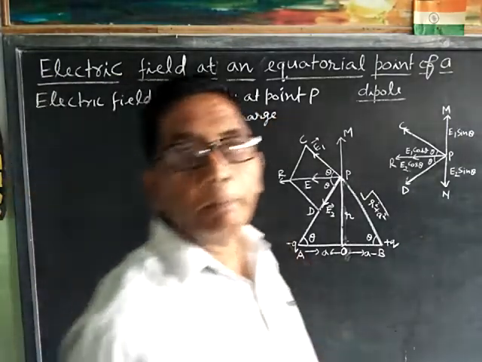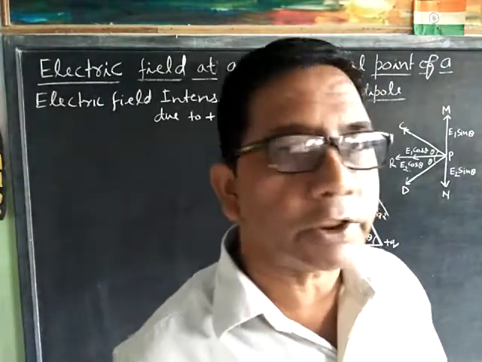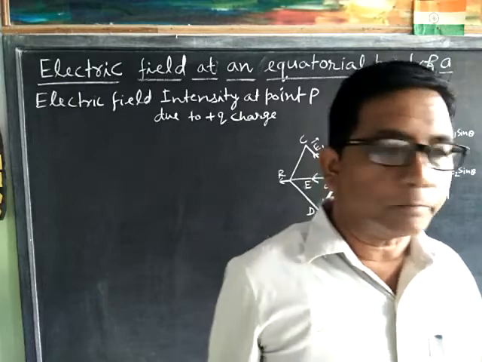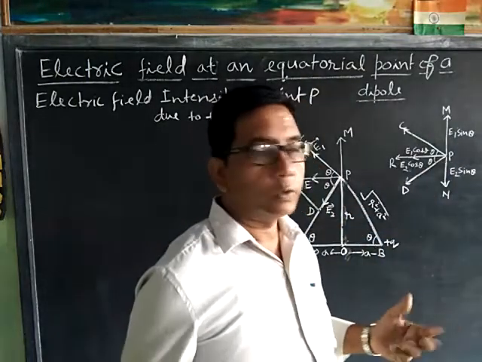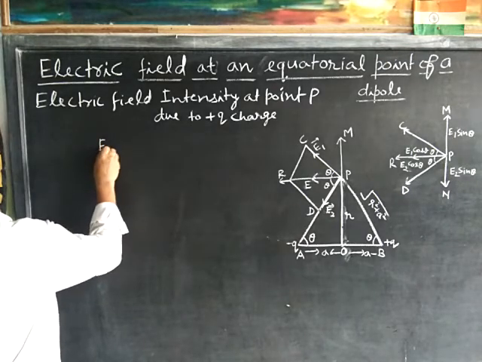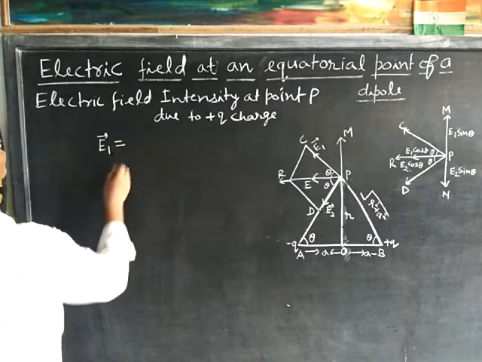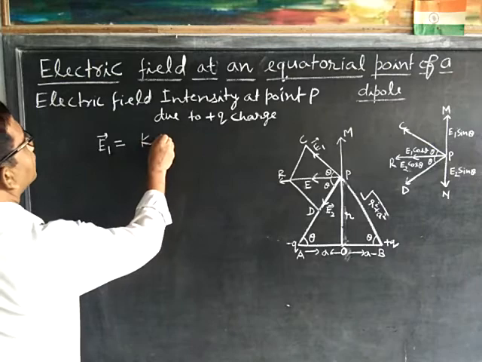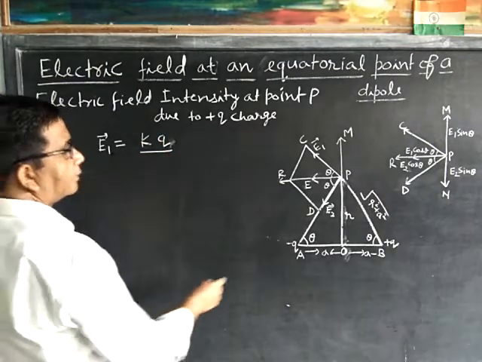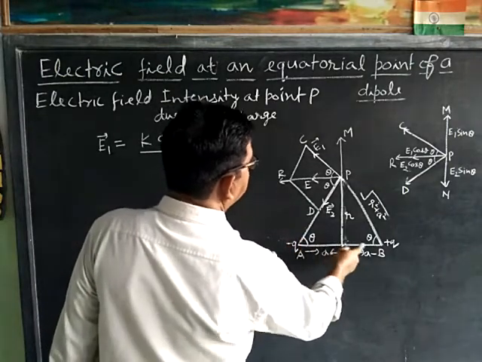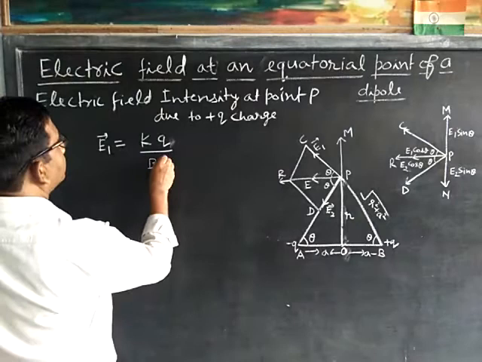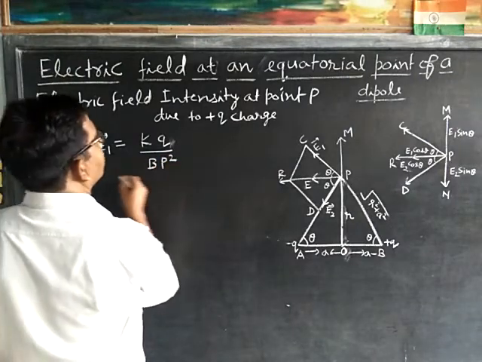Actually this is the magnitude of the electric field intensity. When we find magnitude, the sign becomes positive. Thus E1 is equal to KQ upon BP square, which can also be written as